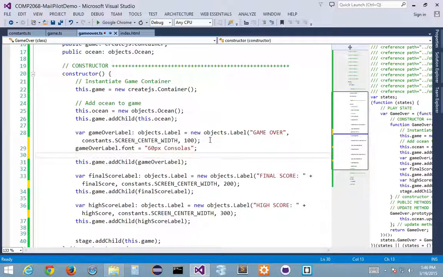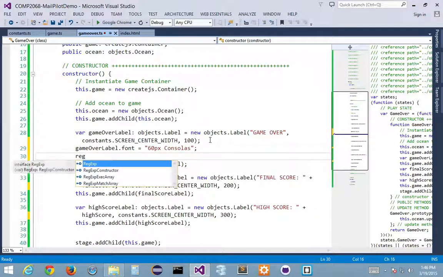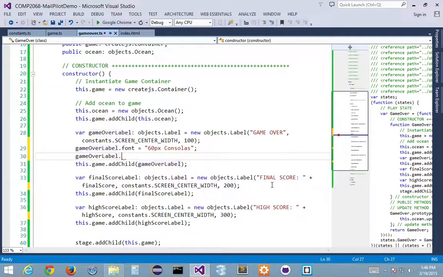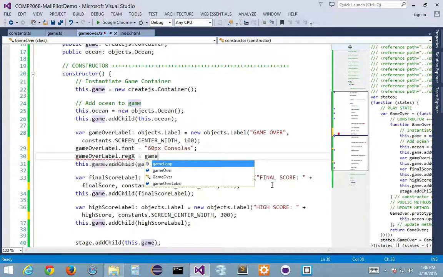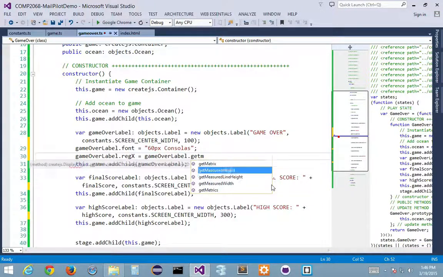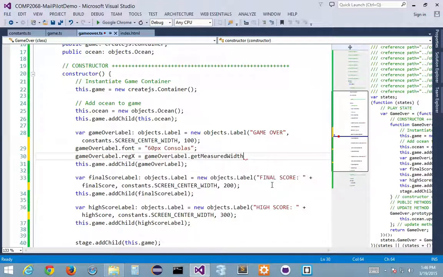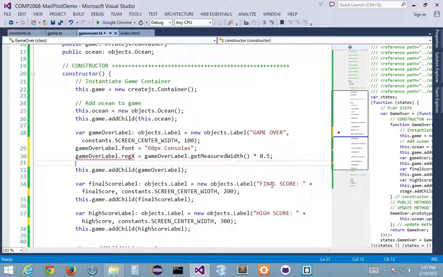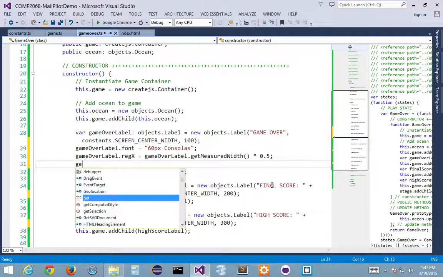I've got to say game over label dot regX is equal to the game over label dot get measured width times 0.5, and I've got to do the same thing with game over label